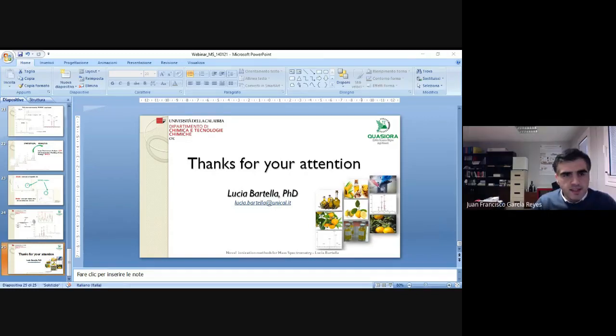Thank you very much, Lucia. It was a really interesting application because it's an actual application in which we are using ambient mass spectrometry to try to meet a criteria set by regulation, in this case by the European Union. So this is really important to show that this is not a toy, but something that can be really useful for laboratories. Anyone of you in the audience have any question?